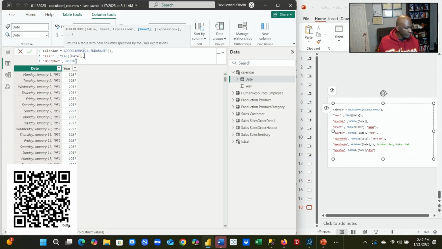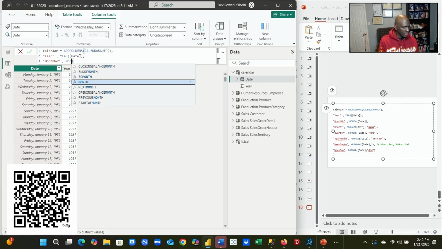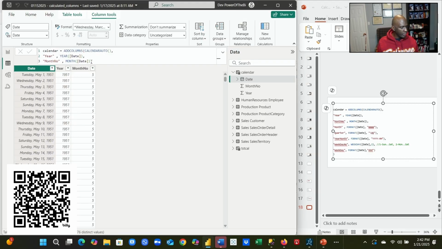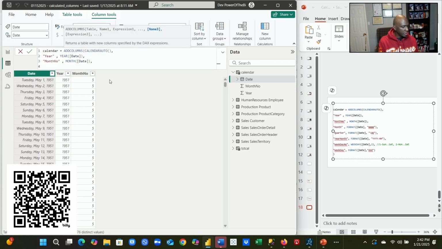There we go, month. And now month is going to be a function of the calendar table, and it's looking for the column that we're looking for. It's going to be called date. And again, we just hit enter, and now we get the month numbers. So we have May 1st, 1951. That month number is 5. 6 would be June, 1 would be January, and so on. We all understand that. Now we are going to do comma, shift enter,